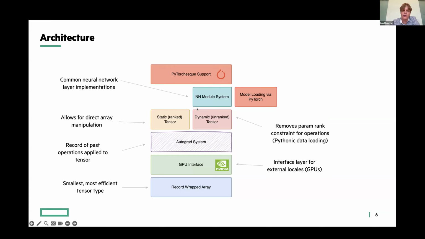And from here, this is how you string together all of your operations and build up your neural network computations. And then from there, you have your PyTorch-like support, and you can load models in via PyTorch. You basically deal with these two systems the most. You can pick any combination you like, but these are the most common entry points that you would use, at least if you're not a hardcore Chapel person.